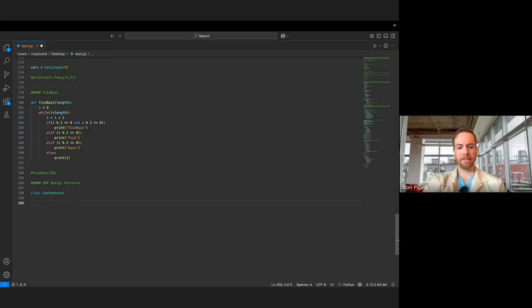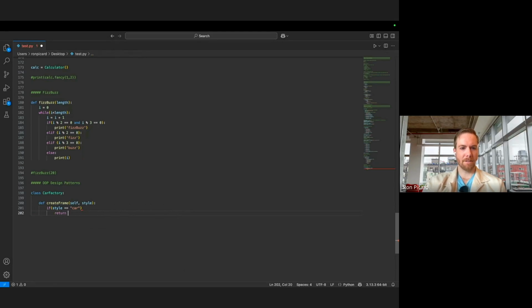We're going to create our car factory. First thing we need to do is create the frame of the car. So I'm going to have def, and it's usually create frames like this. We might even want to have a variable that's style. And then we do if style is equal to car, then return